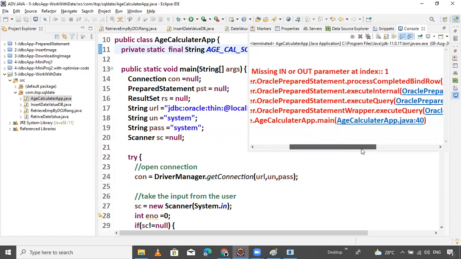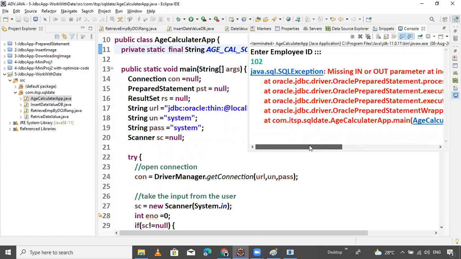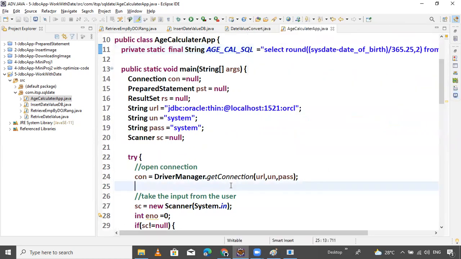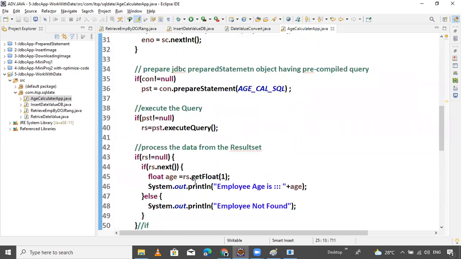Now in out parameter index one, complete winding row where age equal to 40, line number 40. So where PST dot execute query method, I think so, get float, RS dot get float.